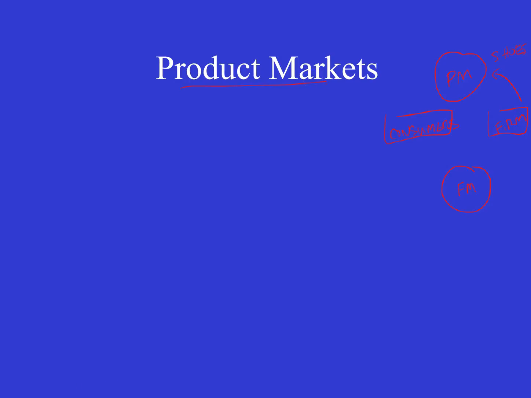And you've got three different product markets in this area. One product market is called branded. This is the shoe you sell to other stores. In other words, you're selling wholesale to a bunch of different stores, and they're going to be selling your product to the final customer. So think about if you're Nike and you're going to sell a bunch of shoes to Macy's or Bloomingdale's or Nordstrom Rack, okay? This is your largest market.